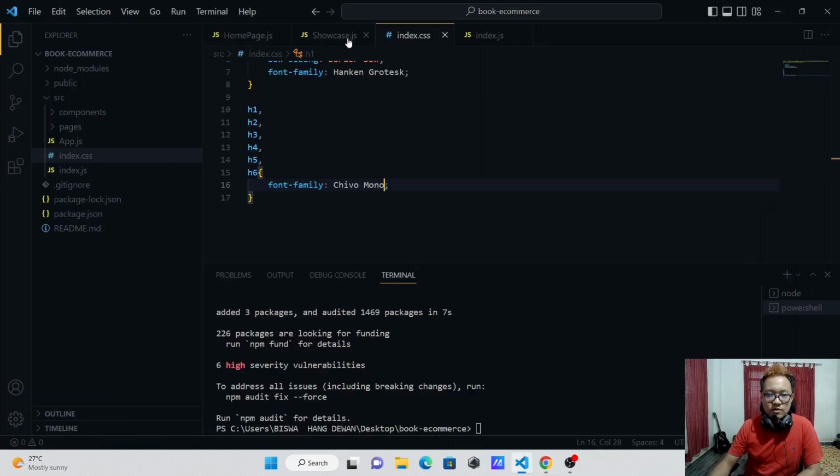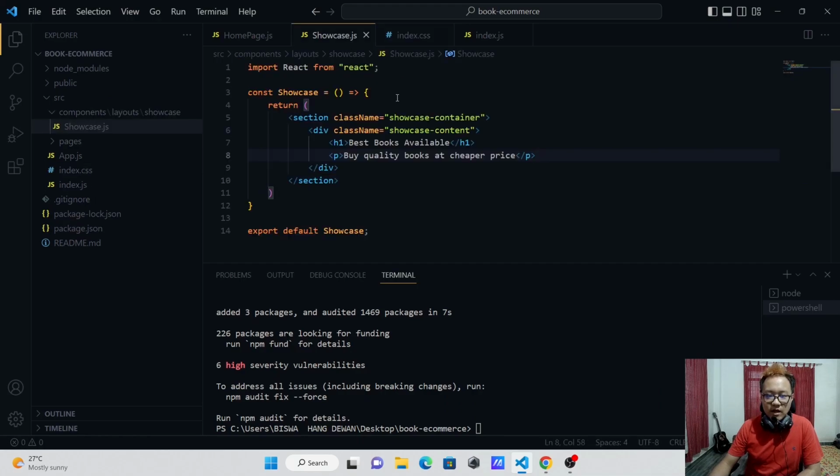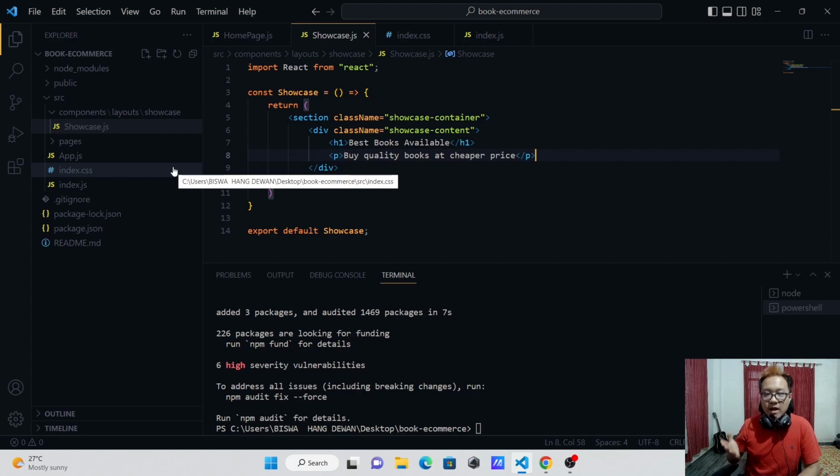So now let's go back to the showcase section, and I think it's time to bring back the image. Now for that we need to add another CSS file that is going to style the showcase section, just the showcase section. And that is the reason I'm creating folders for each section or each page: inside this folder I'm going to have the JavaScript file, but I'm also going to have the CSS file as well, because